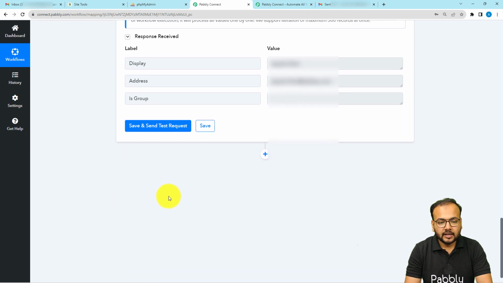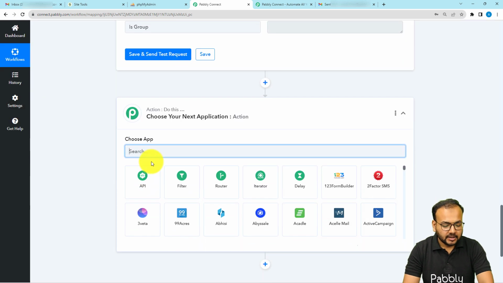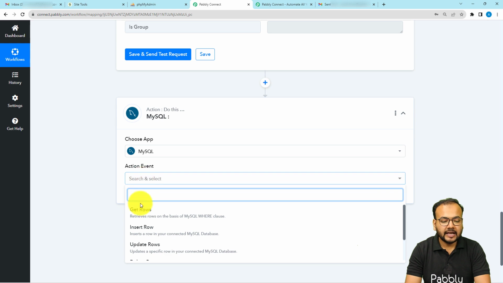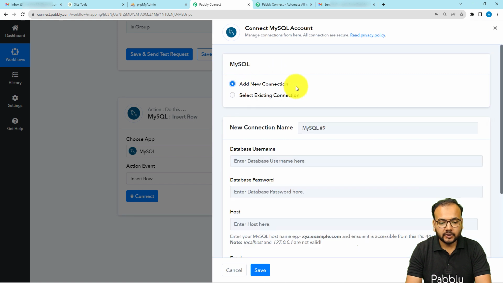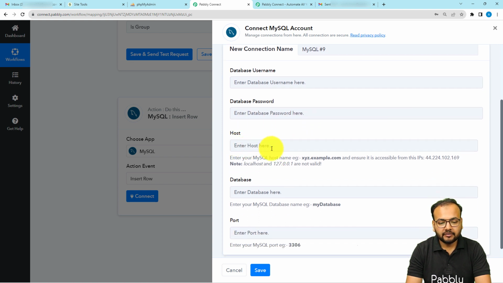Okay, now guys, finally I want to send this data to MySQL. So add one more action window, and here guys, you need to search for MySQL, select the action event as insert rows, then click on connect button. From here, select add new connection, and here it will ask you to enter the database username, database password, the host address, the database's name, and the port number. So guys, you will get these